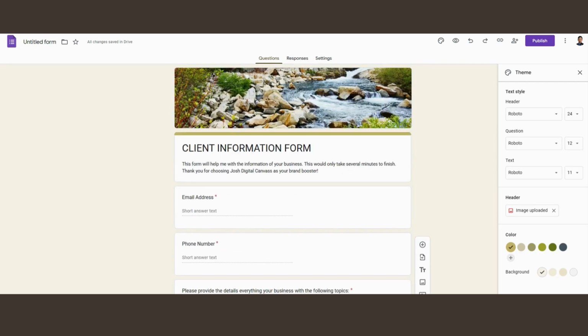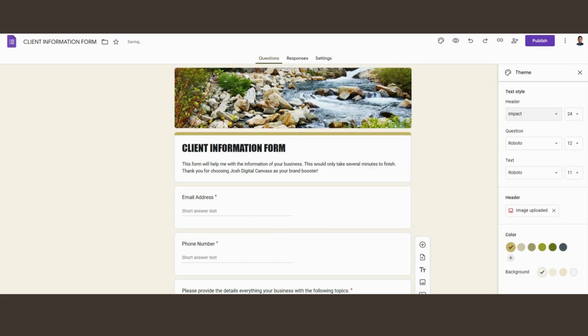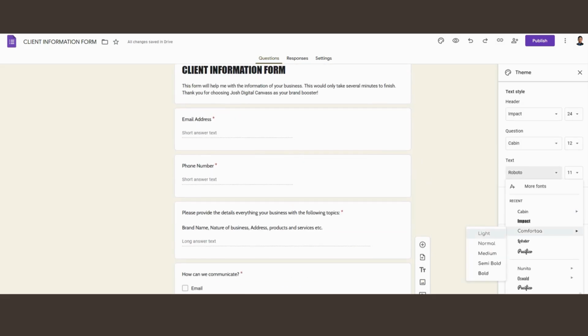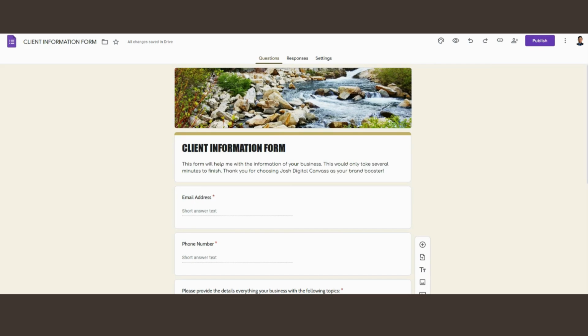And also, I forgot, you have to put a title here, the same with this. So after that, for the font style, for the header, what font style do you want? And then for the question text, and for the text, for example, their answers. So it's up to you. It's easy, right?